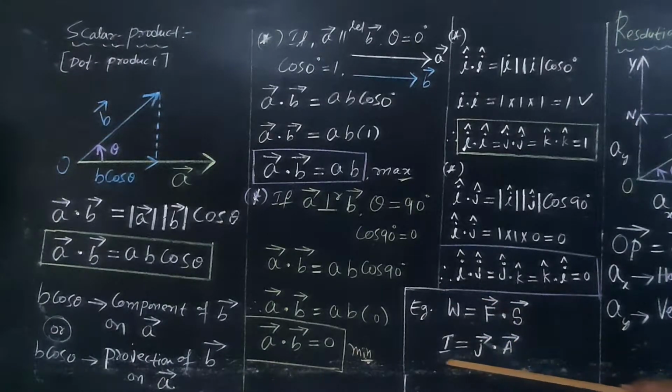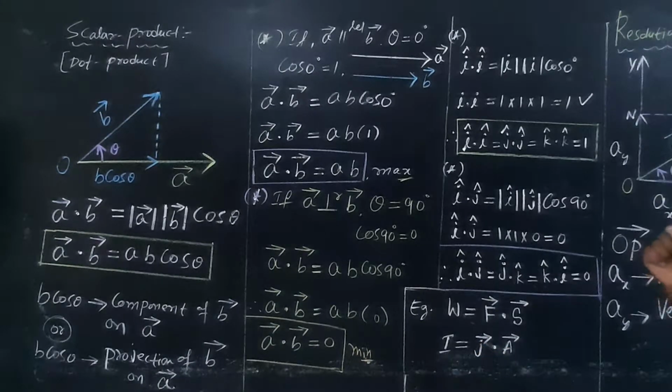So again, current is equal to J vector dot A vector. J is not a unit vector here. What is J? J vector is the current density, and A is the area vector. Let us consider a conductor carrying a current I, whose current density is J vector. Area of cross section of the conductor is A. Therefore, I is equal to J dot A. J is a current density, A is an area vector. So current is a scalar quantity.